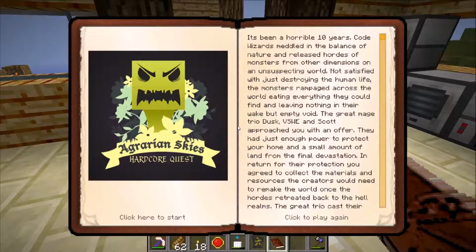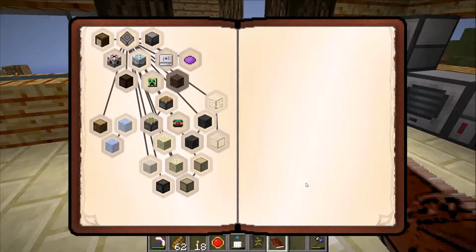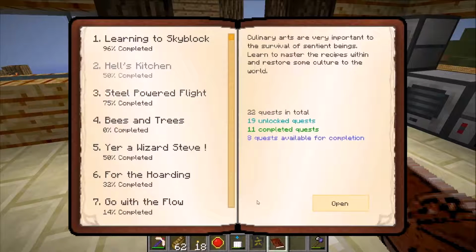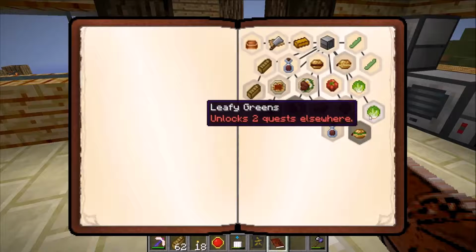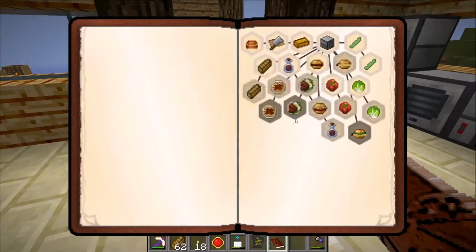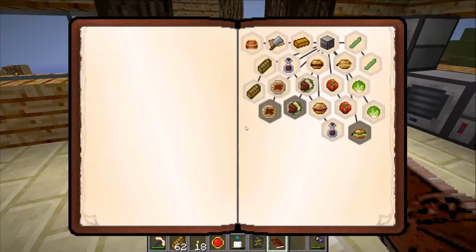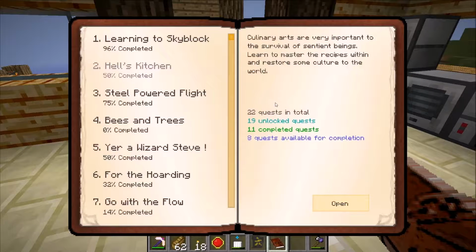But they've actually changed the quest book a little bit. The only real thing they've changed is if you go to the hoarding, you can see that's changed. There's no more Hell's Kitchen stuff in here. They went ahead and put that back into Hell's Kitchen. So now you've got 50,000 lettuce, fish sandwiches, and all that stuff. These are all the first ones. And then you got